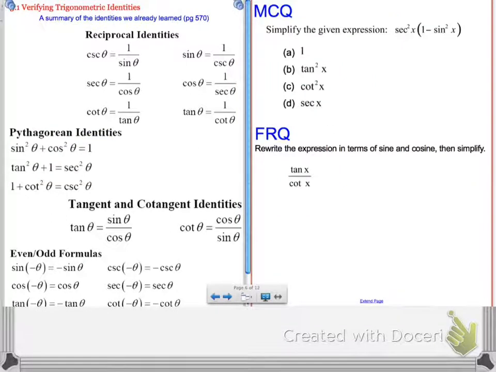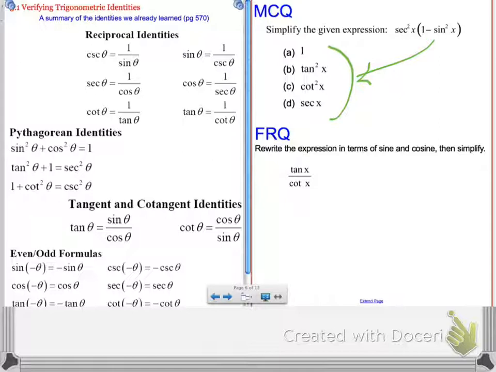Here's your multiple choice question and your free response question. So do your best to simplify the expression on the right. Your goal is to turn it into a single value from here to here. So see what you can replace. My hint is change things to sines and cosines, and you will need to use the Pythagorean identity. So see if you can figure out how to turn that complicated expression into one of the 4 multiple choice